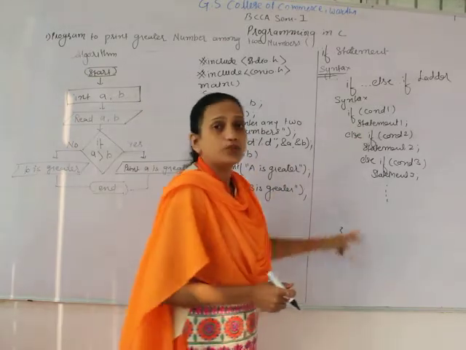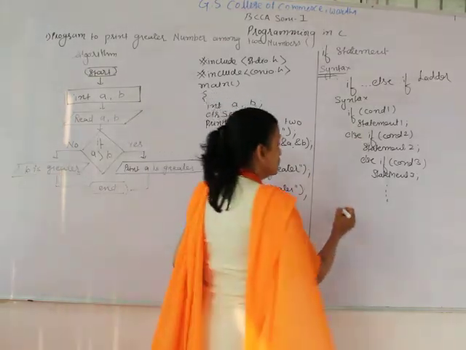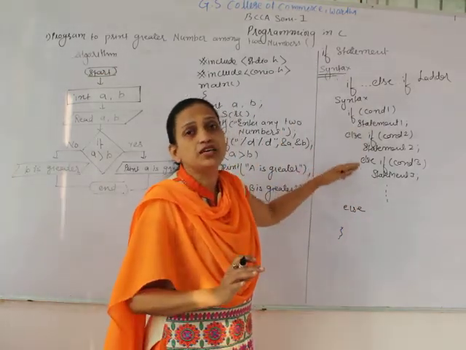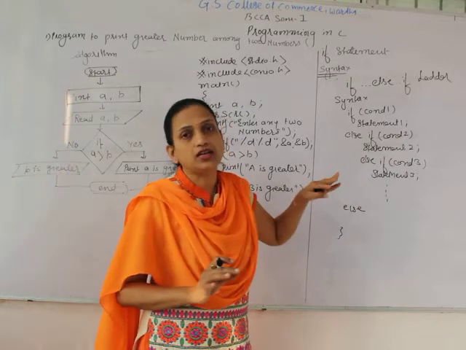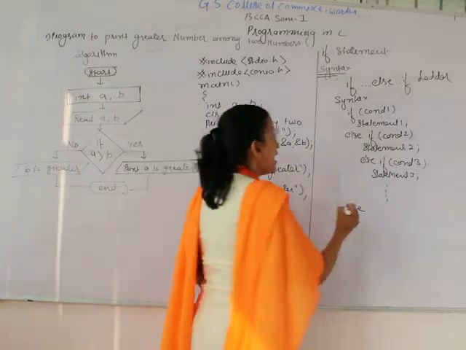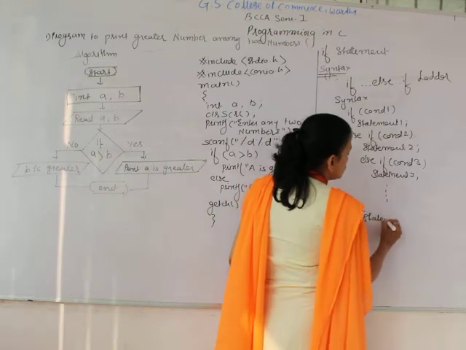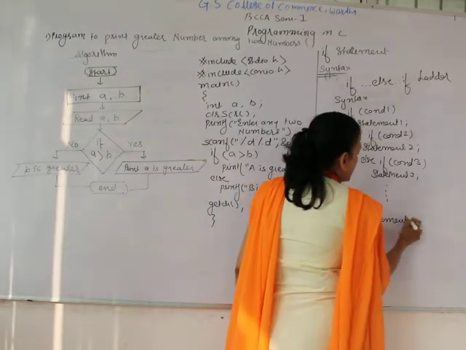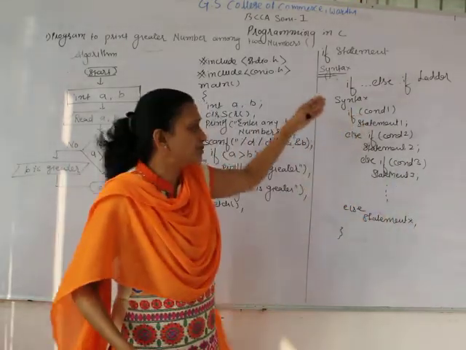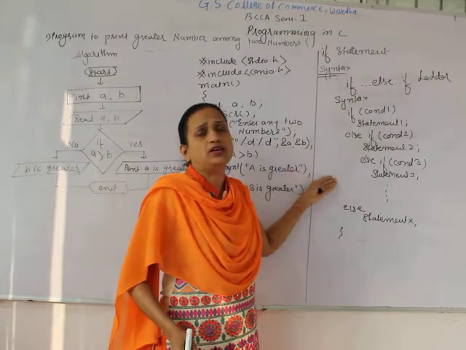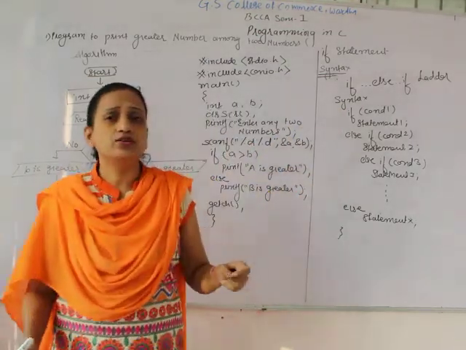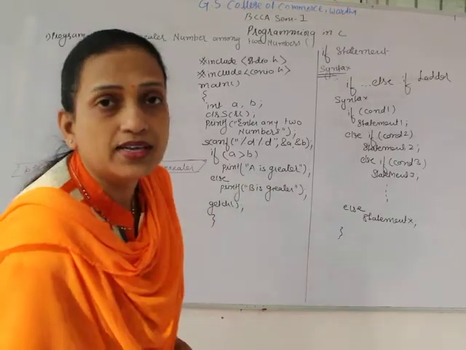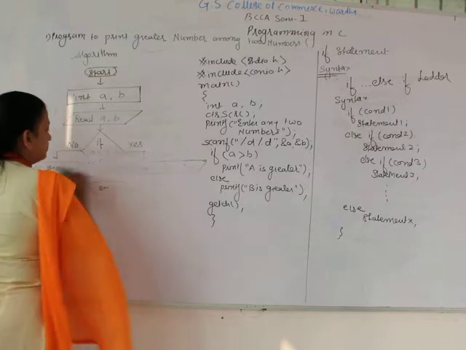And finally, when there is no condition left, you can write else, which means if none of the given conditions is satisfied, then what will the compiler do? The compiler executes the statement associated with that else. So here statement X you can say, because you can specify as many conditions as you want over here. Now let's try to understand by an example.